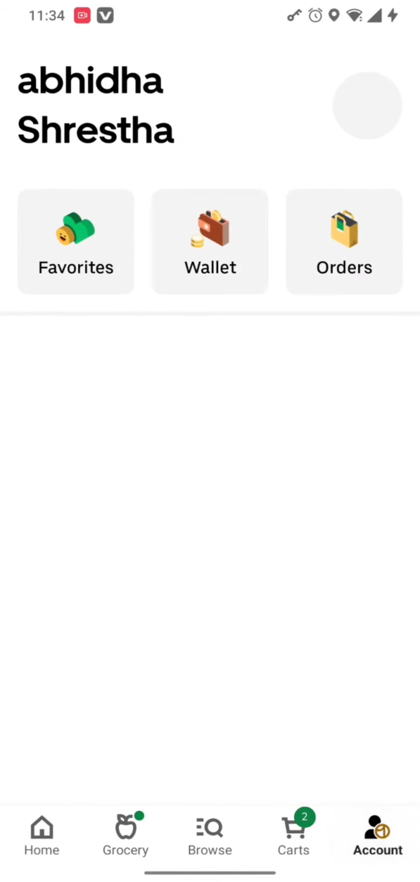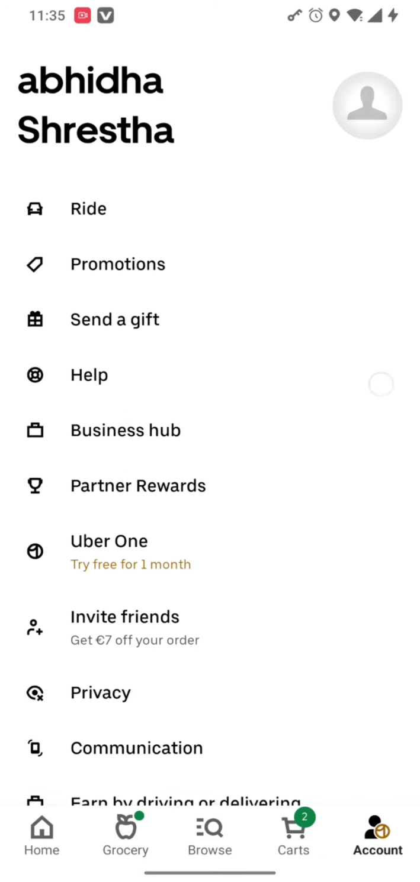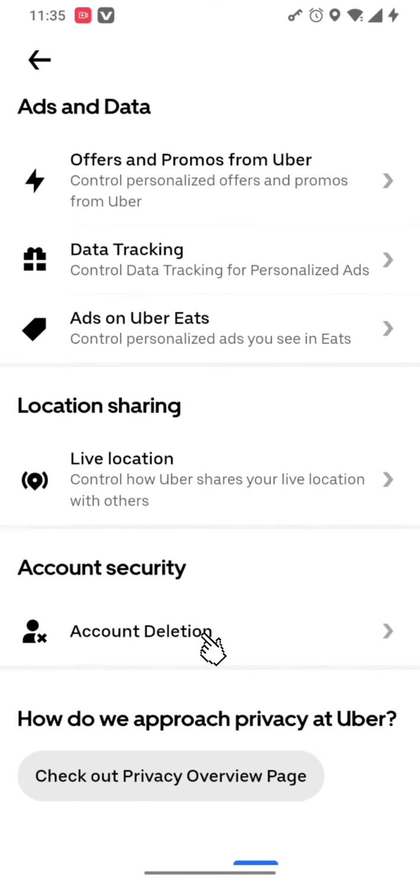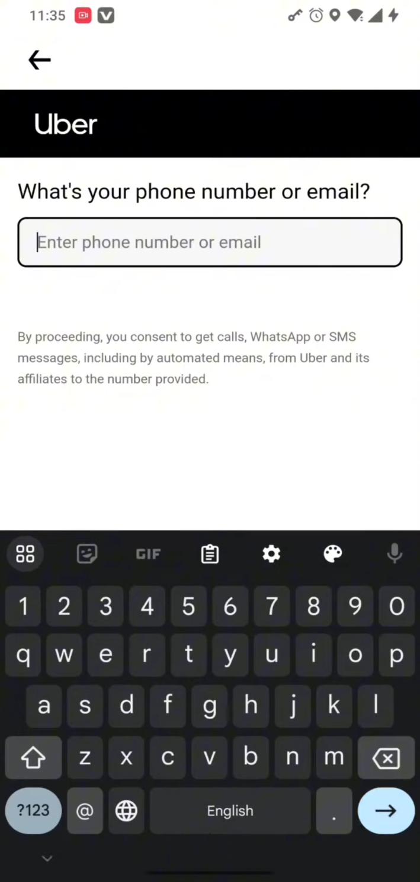So once you go in the account section, you need to simply scroll down below and tap on the privacy option. After you are done, go to the bottom of the screen where you can find the account deletion. So simply tap on accept, and after you are done with it, you need to now type in your phone